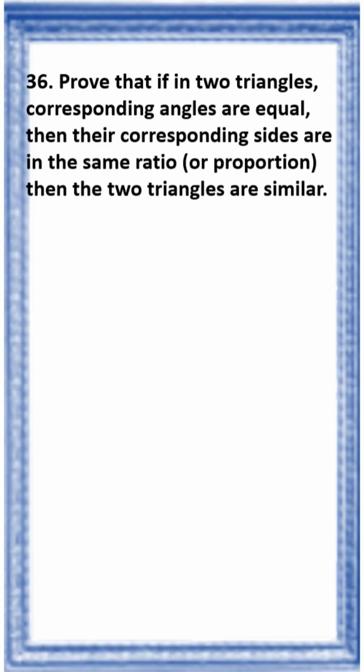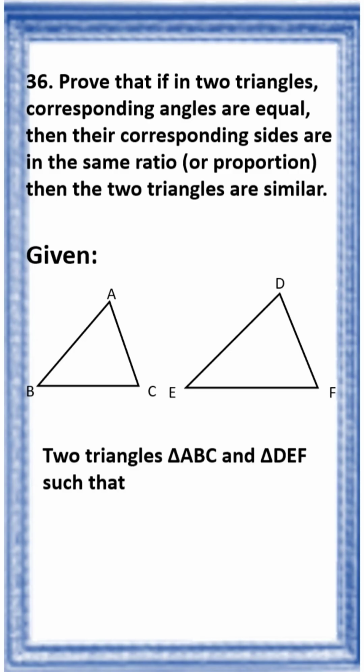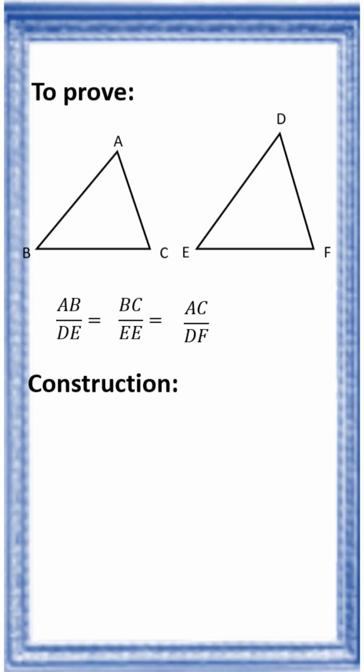Now the 36th question. Prove that if in two triangles corresponding angles are equal, then their corresponding sides are in the same ratio. Then the two triangles are similar. What has been given? Two triangles ABC and DEF such that angle A is equal to angle D, angle B is equal to angle E, angle C is equal to angle F. Now to prove AB by DE is equal to BC by EF is equal to AC by DF. Construction. Cut DP is equal to AB